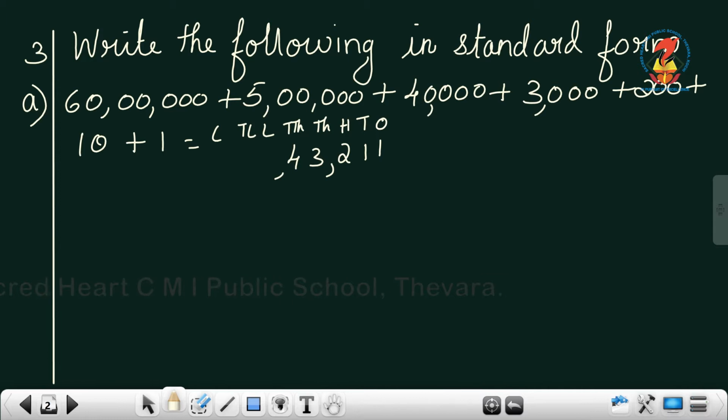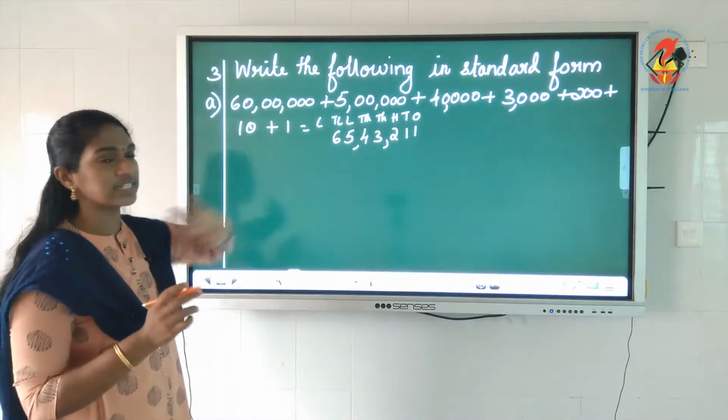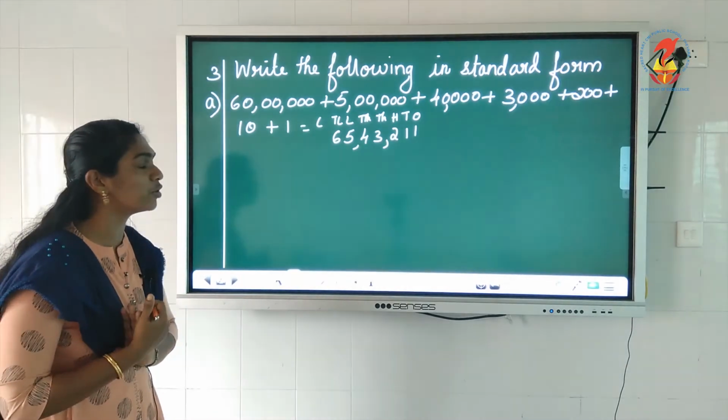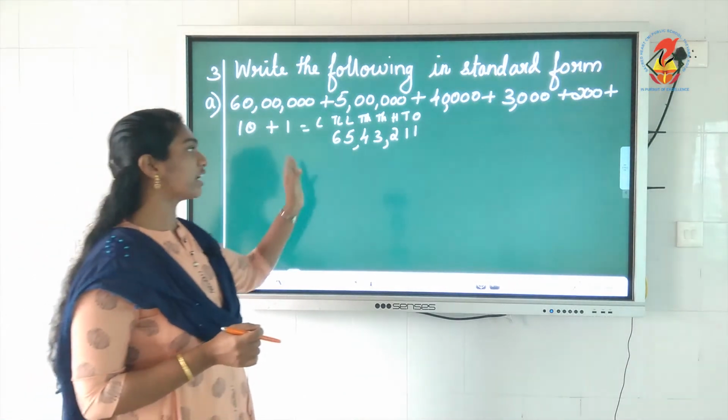Next you have 5 lakh. That means 5 is coming in which place? Lakhs place. So 5 comes here. Okay, children. Then you have 60 lakhs. That means 6 is coming in the 10 lakhs place. So 6 comes over here. So that was our first number. There is nothing to write in the crores place. So what is the number over here? 65 lakh